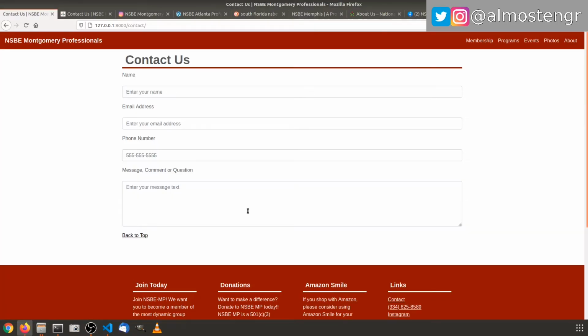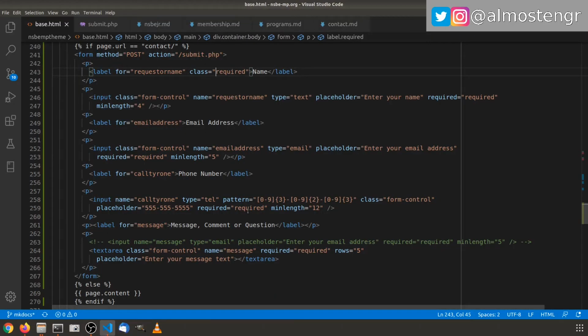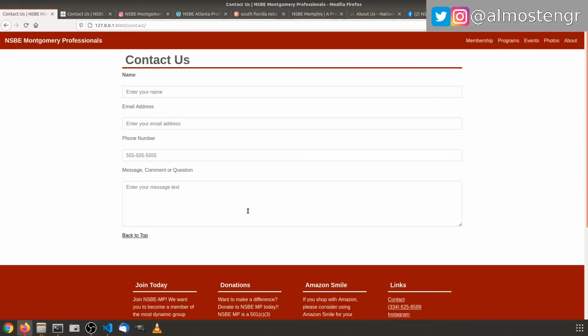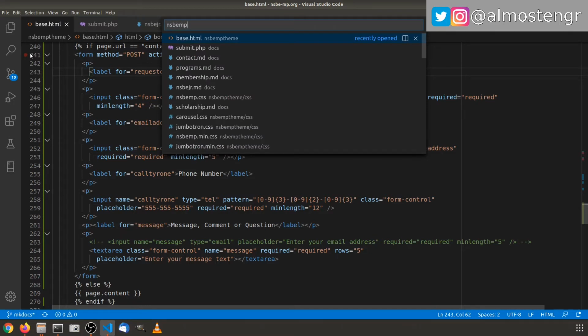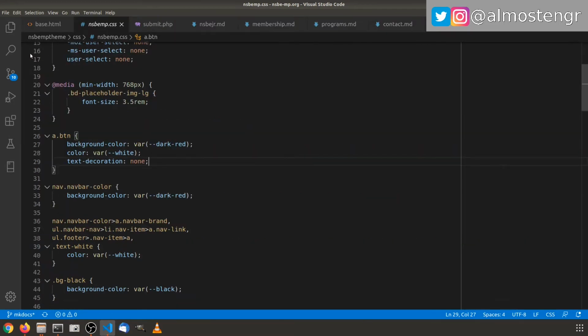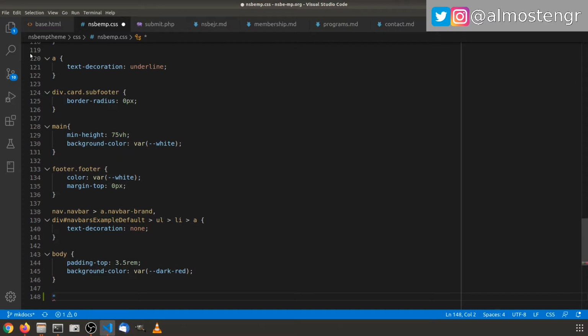Maybe it is required. Okay, that's not there. I may have to come in and define that. We also want to do font weights bold on this. All right, so that is bolded, and that's what we want. And so come over to the CSS, nsbe-mp.css. There we go. All right, and we're going to go down here at the bottom, do a dot required,